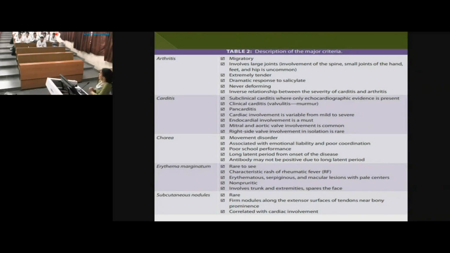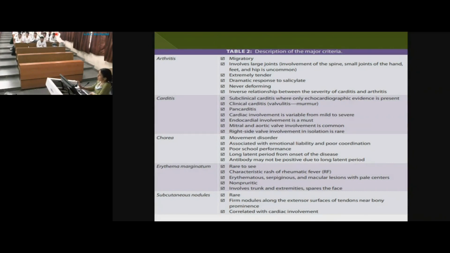If you have a child with JIA, you will find nothing happens with 3 or 4 doses of aspirin. There's a slight relief of pain, but it will keep on coming. But if it is rheumatic fever, it will come completely okay in 72 hours. The child will have no symptoms at all, right? And again, the good thing about this is it is not deforming. It is going to recover. After you have given the anti-inflammatory drug, the joint is going to be absolutely normal. There is no deformity, no sequelae.